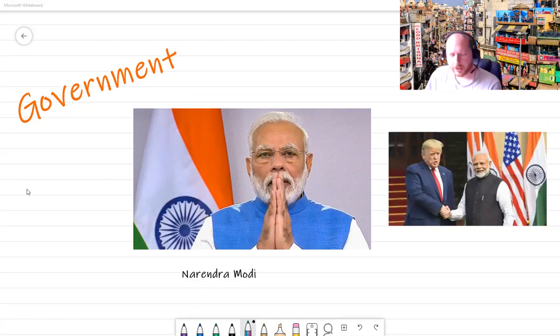Now, India gets to have the honor of being the largest democracy on the planet, probably in the universe, who knows. With over 1 billion people, all those people have to go and vote. It takes about a month. There was an election last year. It took 30 odd days for everyone in the country to vote.